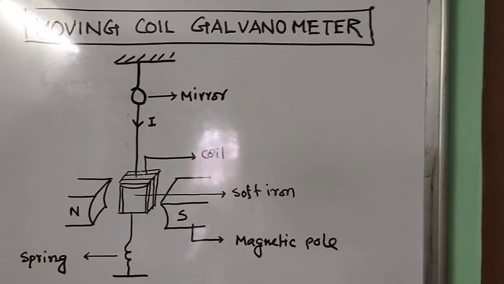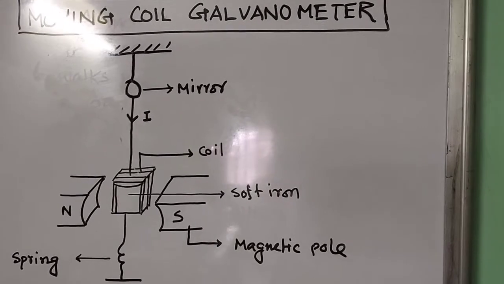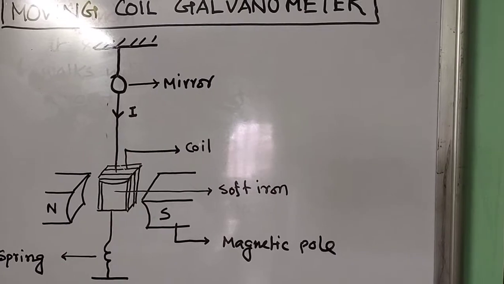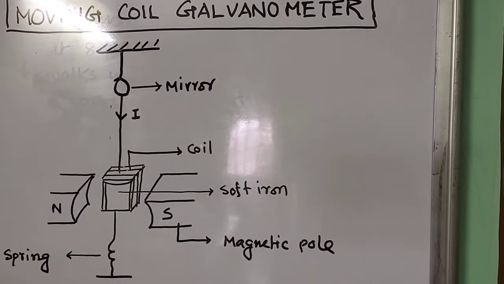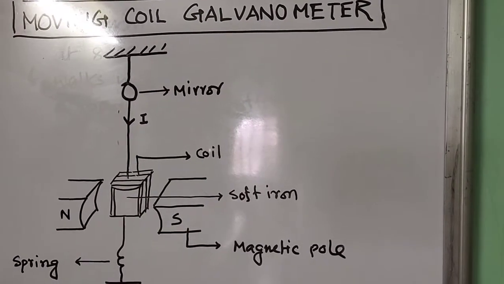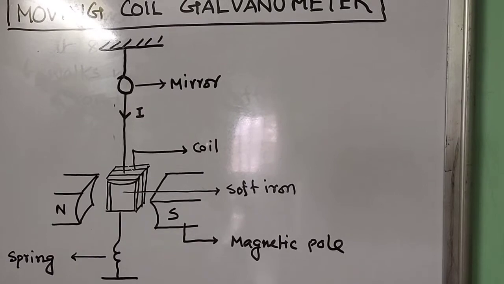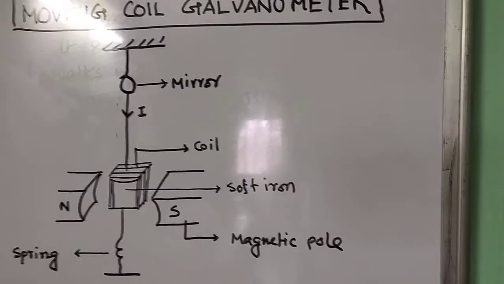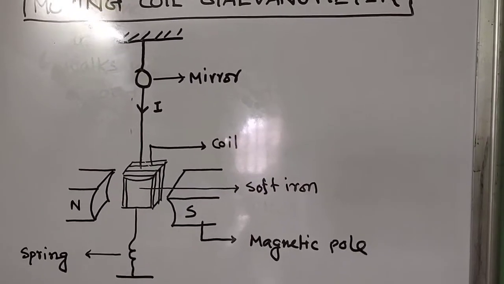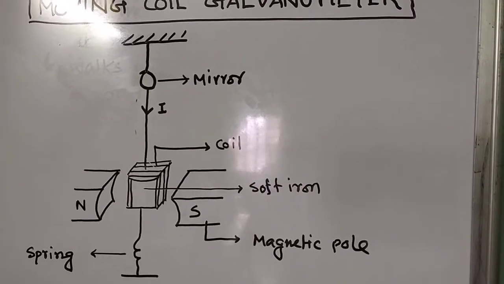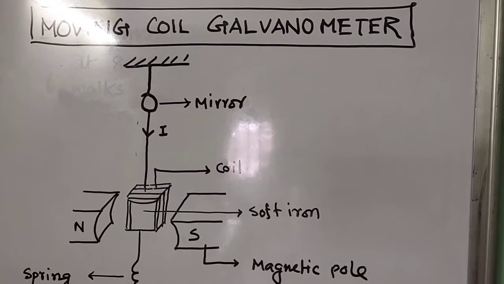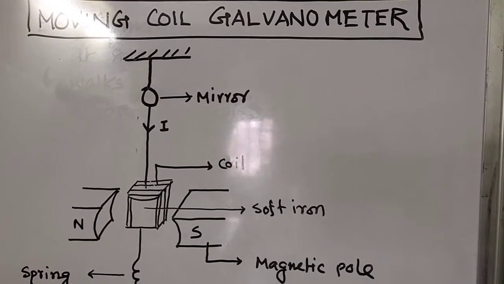Now you see this figure, it's a coil, and coil is nothing but some kind of wires wound over soft iron. Now the coil is suspended from the rigid support with a mirror, and it is placed in between the two poles, north pole and south pole. The base of the coil is fixed with a spring. Now north pole and south pole provide magnetic field, and the field lines pass through the coil. Now current flows through the wire of the coil.